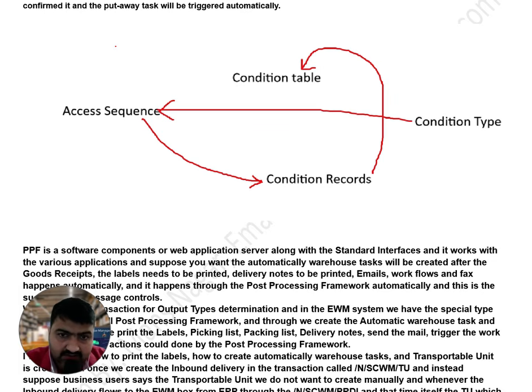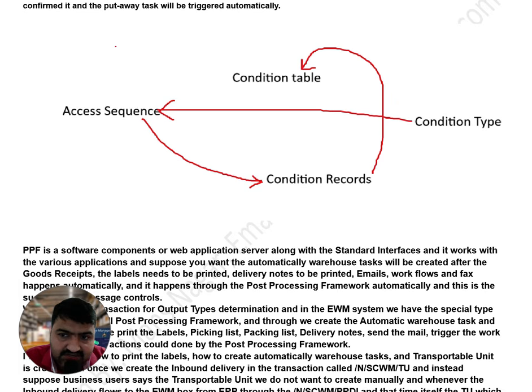Whenever we work with the post-processing framework, these helpers help the post-processing framework to trigger the processes: print picking list, print delivery note, print outbound delivery process, automatic inbound delivery creation, outbound delivery. These four helpers help the post-processing framework to process smoothly.